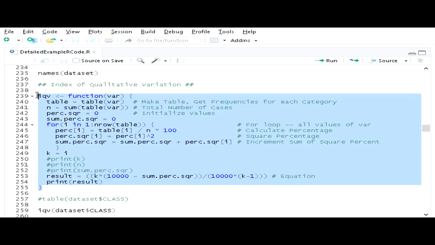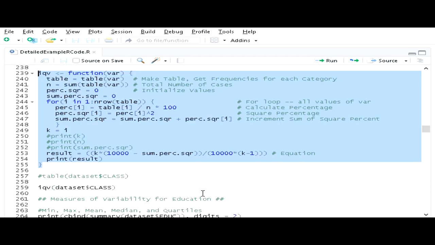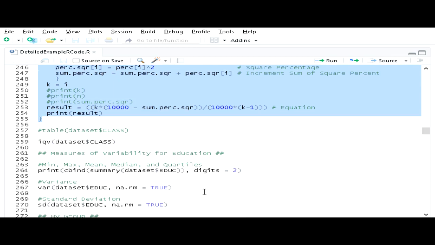So I'm just going to highlight all of my function. I'm going to run it. R is going to recognize this as a new command, and then I can basically use this as a command in my data analysis. And so I'm going to run this new command on some variable. In this case, I'm going to run it on the value of class, which is found in the data set data frame. And so if I run this,